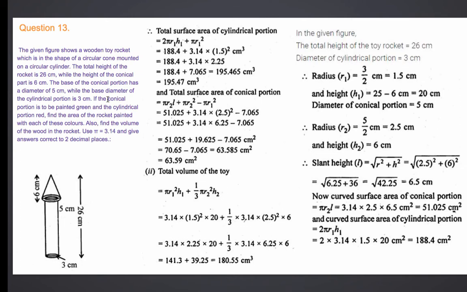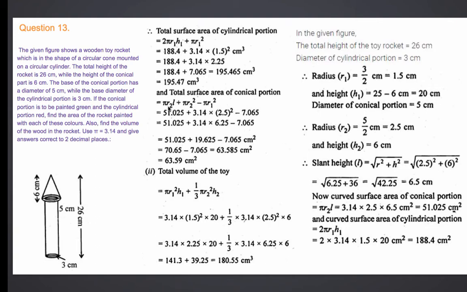Now let's talk about the conical part which is to be painted green. For that conical part, the curved part I have already calculated, but what about the base? See students, the total base area is circular, but I need not paint all of it because it is overlapping with the cylindrical part. So I'll add the curved surface area of the cone, because that is to be painted completely. Circular base, I'll take the whole, and from that I'll subtract the area of this part, because it will overlap with the cylinder. So only this much external part will be painted.